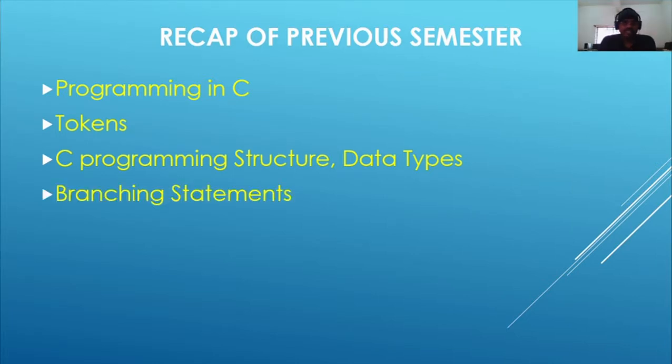Think about the branching statements. The different branching statements that we already learned in the previous semesters are if statement, if else statement, nested if statement, switch statement, goto statement, jump statement, and many more. Looping statements are the statements which are capable of executing repeatedly until some specified condition is satisfied.